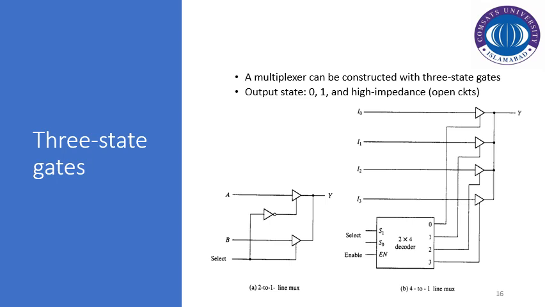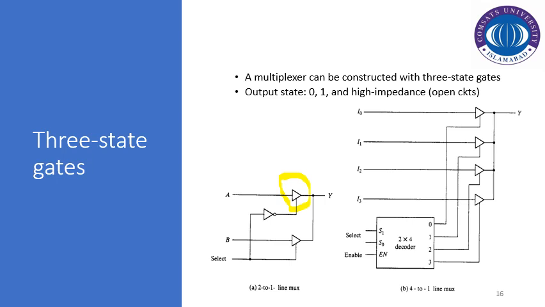Also, if you see the first example, that is a 2 to 1 line multiplexer, we can implement it by use of the tri-state gate. This is the symbolic representation of the tri-state gate. This is the input, this is the output, and this is the line that basically opens or closes the gate. You can say that it's the enable line, in order to enable or disable the tri-state gate. In this particular example, these gates are active high enable gates. That means that if the value of the enable is equal to 1, then the gate is enabled, otherwise the gate is disabled.